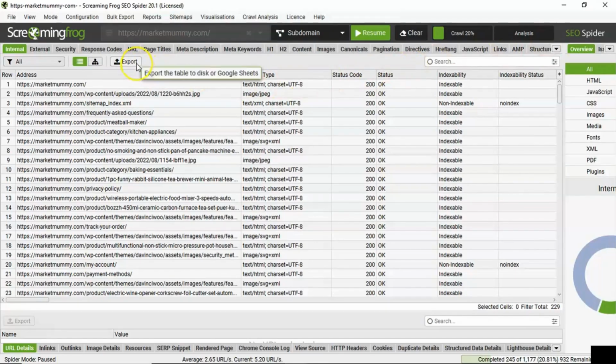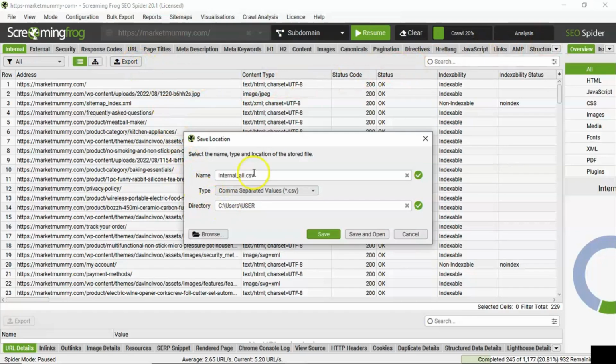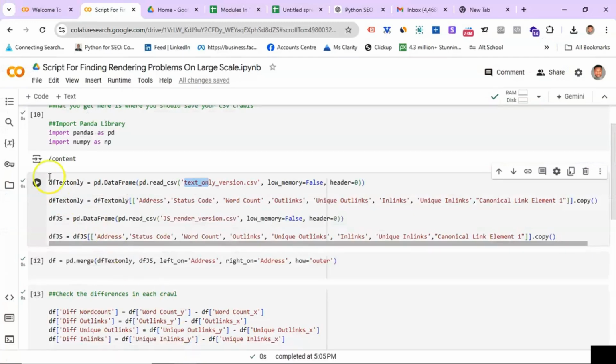You click on internal, click on export, you give it a name, any name of your own choosing. You ensure that it's exported as a CSV file. That is easiest. If you decide to export it as an Excel file, you have to conduct Excel to CSV conversion because the only file type recognized in the script I have given you is CSV. So when you export as CSV, you will then have your text-only CSV export and your JavaScript rendering CSV exports. That's what I did, and